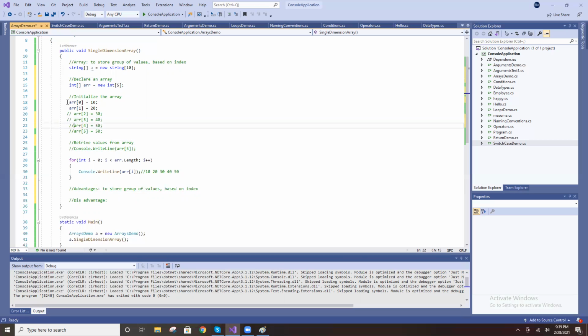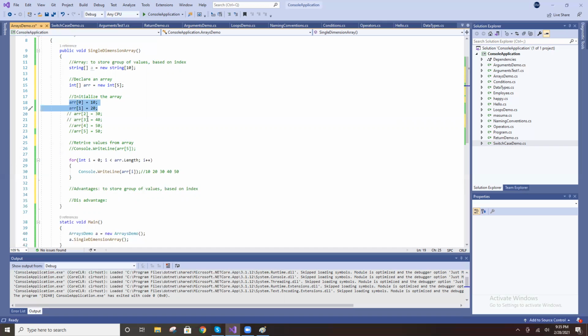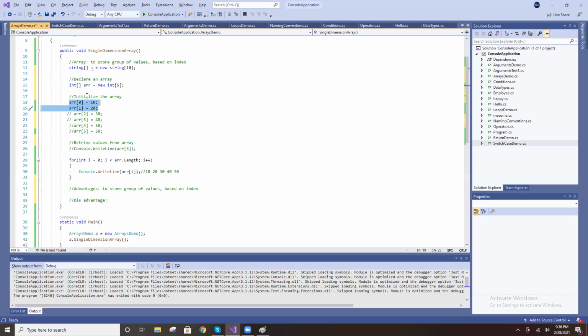How many values are stored now? Only 2. So the memory allocation is how many bytes? Actually, 20 bytes. But you are using only 2 values, which means 8 bytes. The remaining 12 bytes are wasted. So that is the disadvantage.